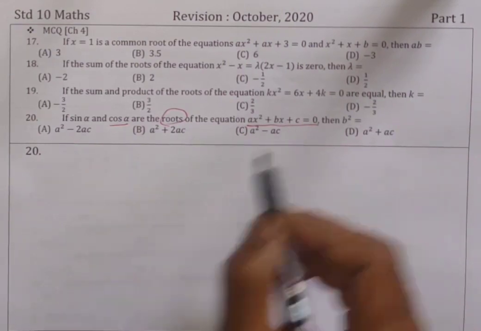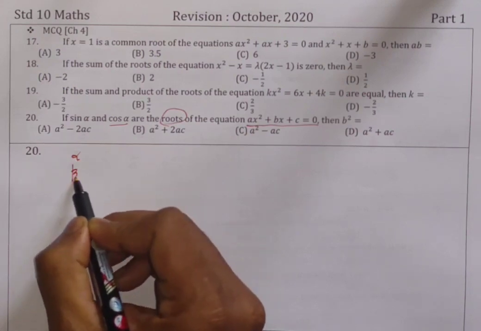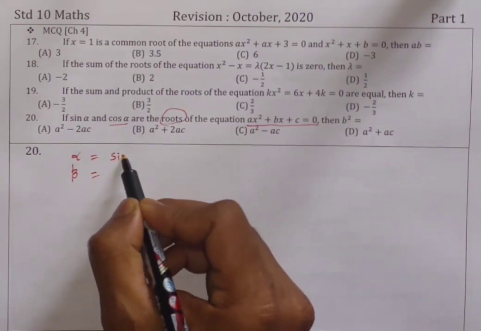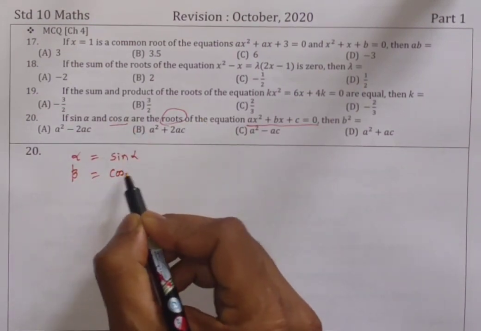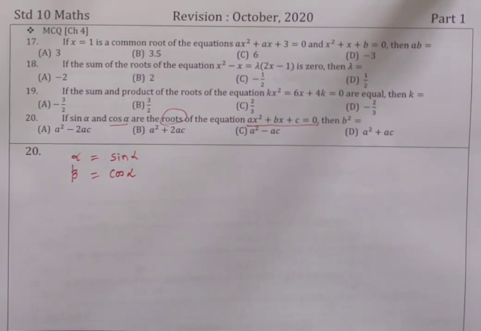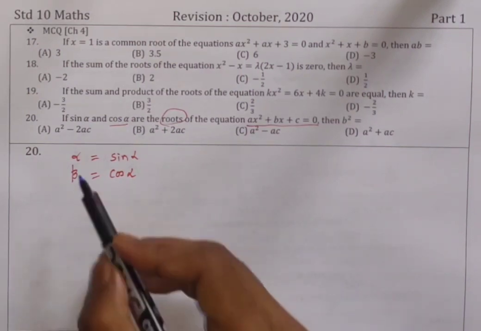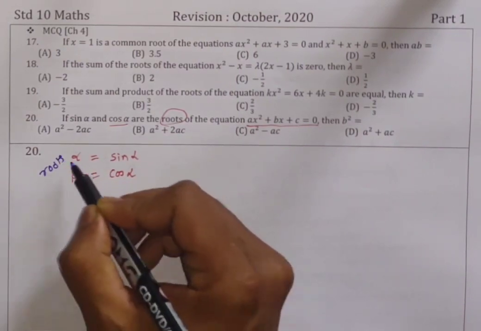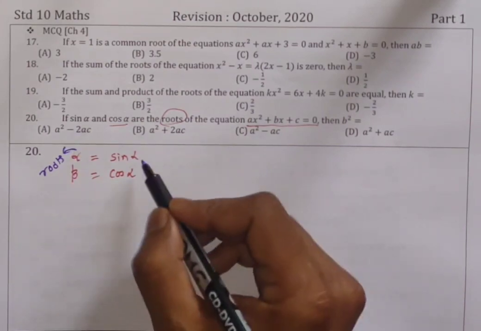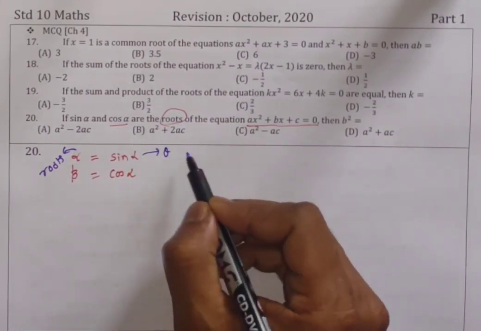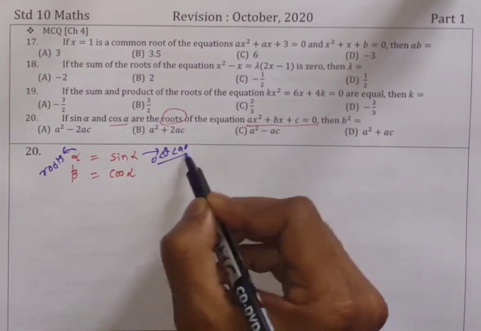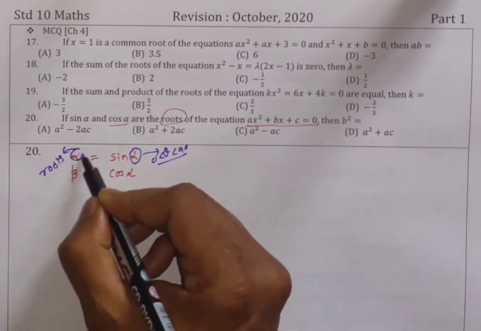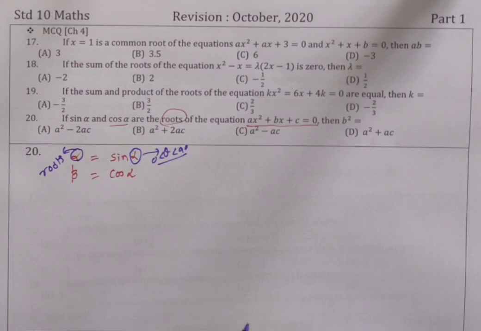Children, what are the roots of the quadratic equation? Alpha and beta. That is the symbol for the roots. And what is the first root? Sine alpha. What is the second root? Cos alpha. Correct? Now, you should not get confused with alpha here. Alpha and beta on the left hand side, they are roots. And here alpha is some theta greater than 0 and less than 90. So it's a real number between 0 and 90. So this alpha and this alpha are different, though they are both alphas.